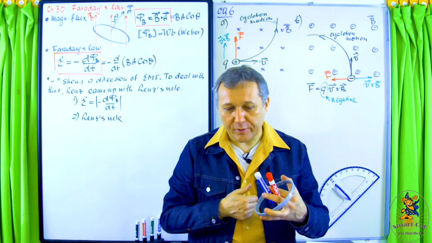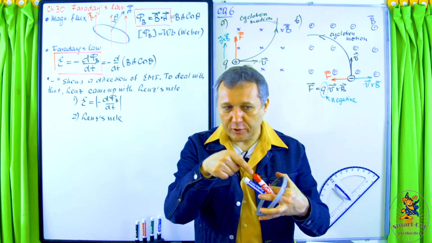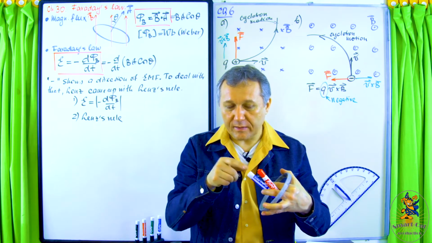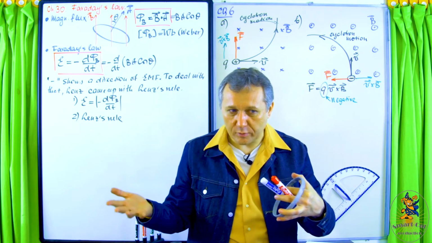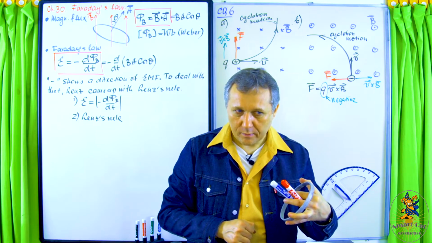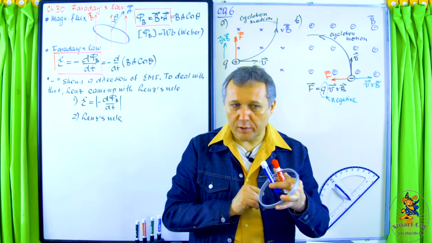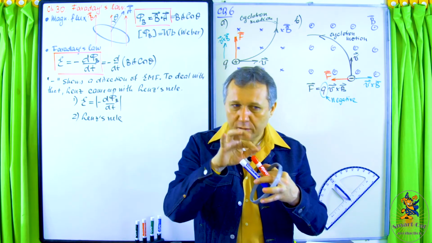And again, why is it suppressing? Because since directions are opposite, flux produced by this external field, let's say positive, then flux produced by this induced magnetic field will be negative. If you add two numbers, of course, the flux will be somewhat suppressed. All right. Okay, so now once you know the direction of the induced current, induced magnetic field,